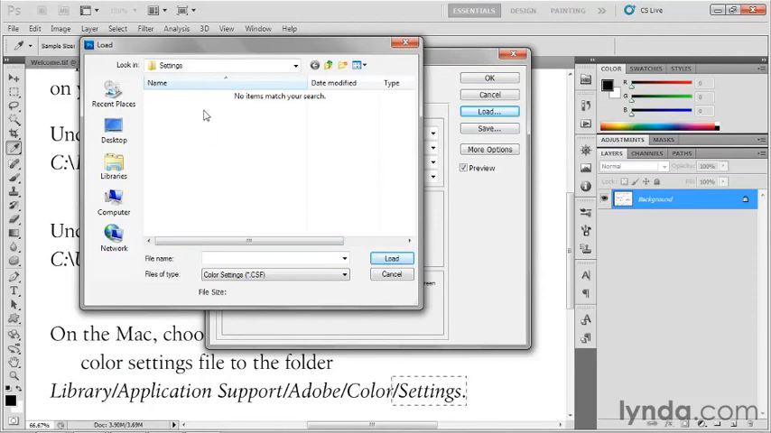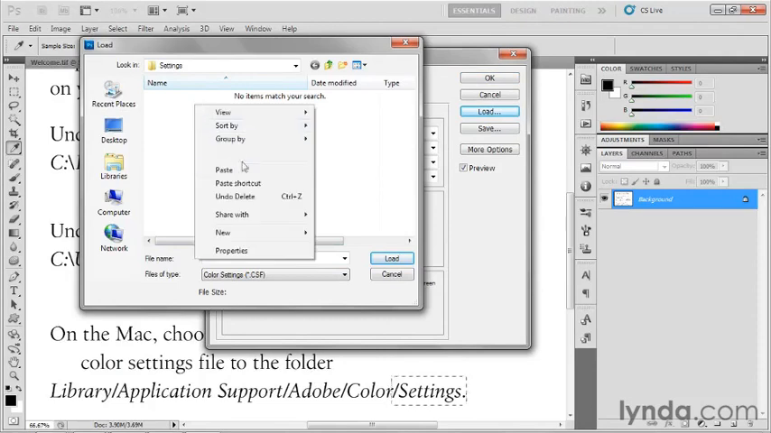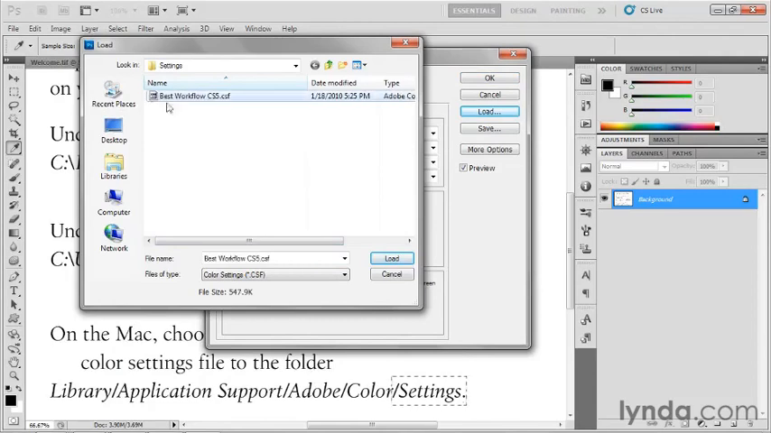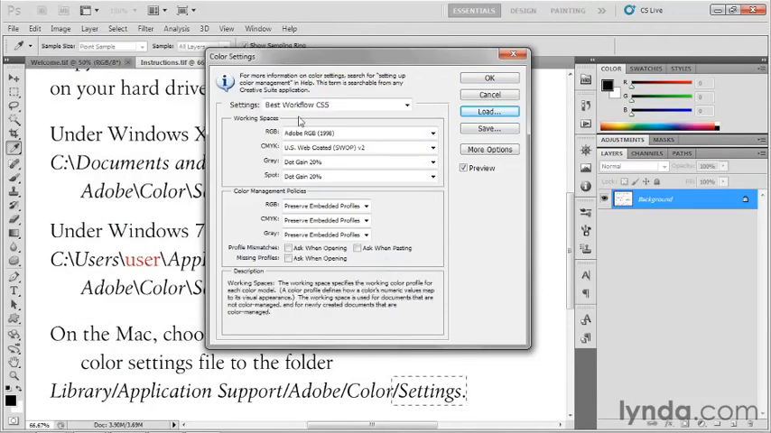On the PC, check this out. Inside this folder, which is currently empty, you'll right-click and you'll choose Paste. So you're just going to put the file in there. Then once it's in there, like so, you click on it. So Best Workflow CS5.CSF, and you click Load, and Bob's your uncle, you're ready to go. You've got this darn thing loaded, and you can employ it here inside of Photoshop as well as inside the other Adobe applications. Now, in the next exercise, I'm going to go ahead and walk you through the options we